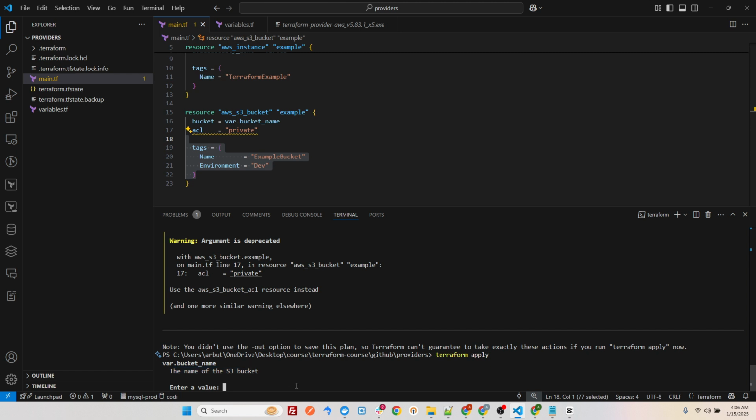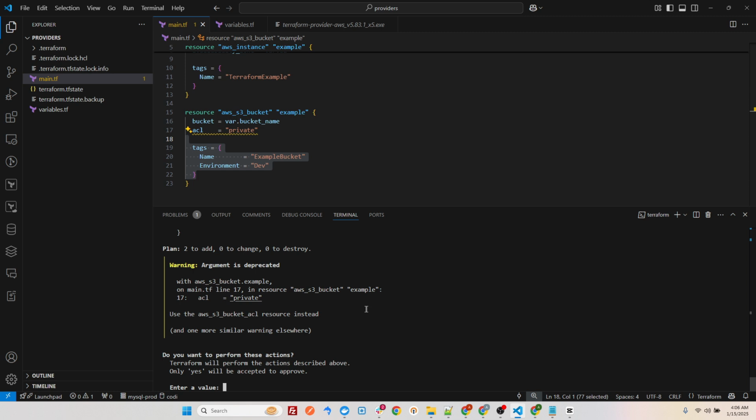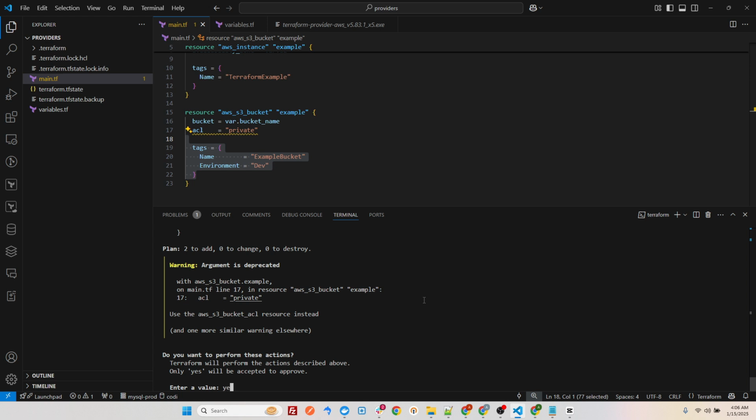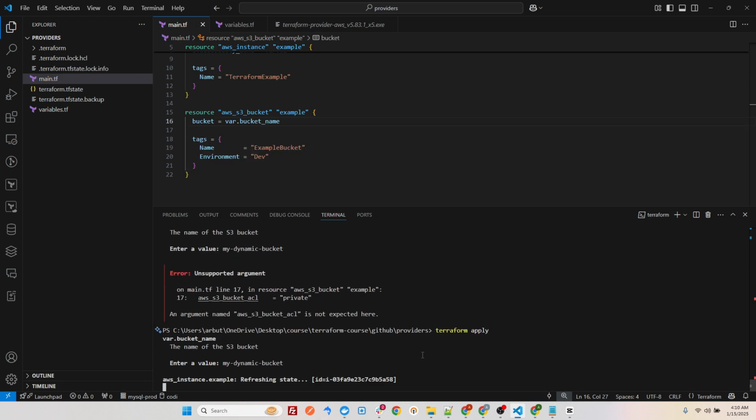So I will say my dynamic bucket. And now Terraform is taking acknowledgement from me that in the plan there will be two resources added, zero to change and zero to destroy. So I will say yes, and then Terraform will be able to